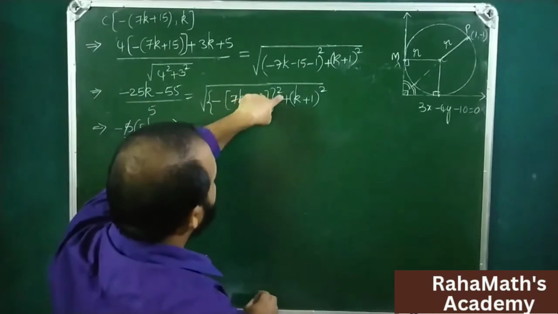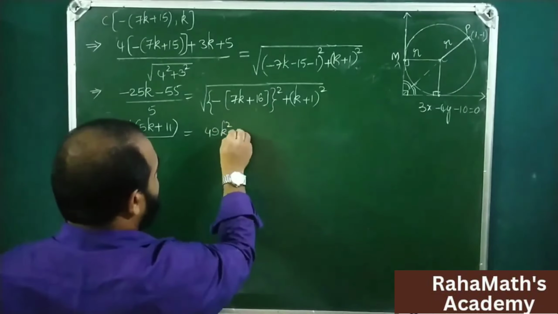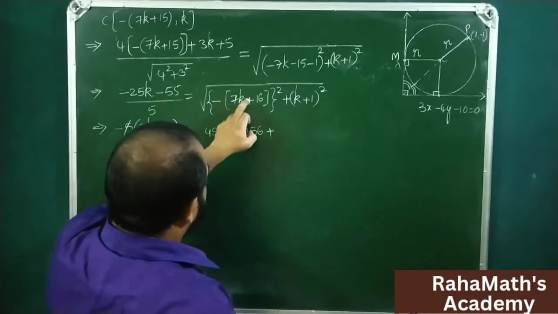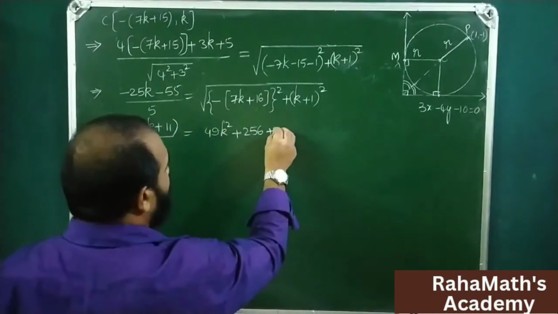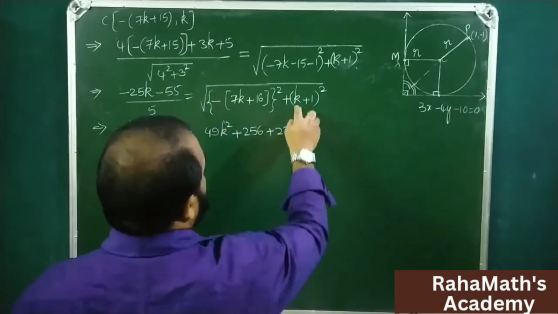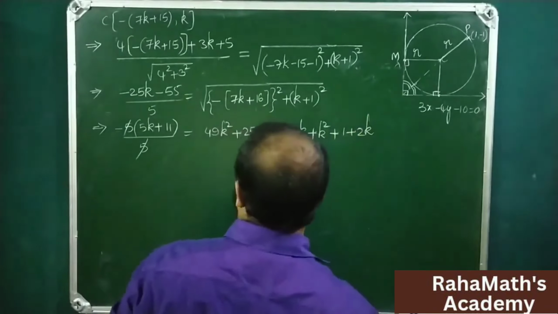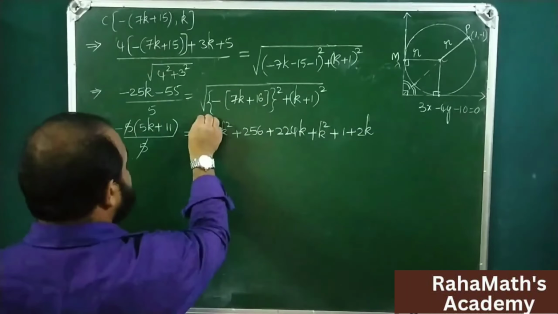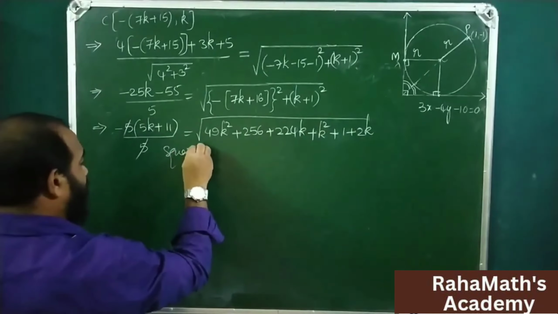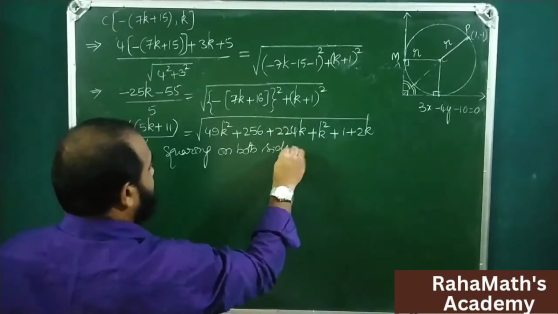So minus square, so plus, 49k square, a plus b whole square. 16 squared is 256 plus 16 2s are 32, 7s are 224k, plus k square plus 1 plus 2k. So which is under root. So squaring on both sides, then